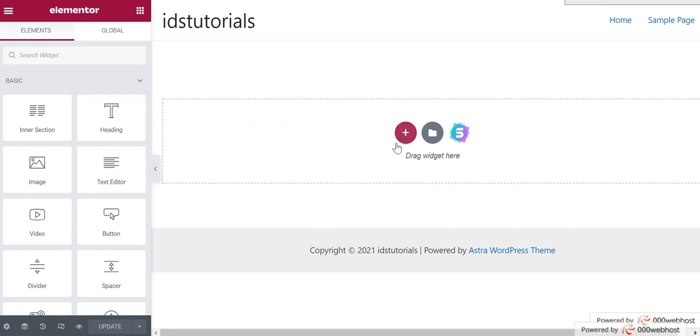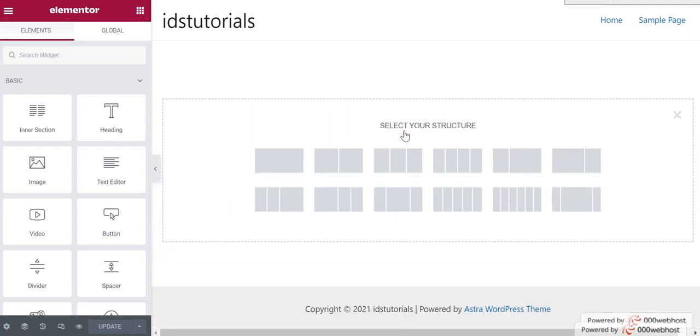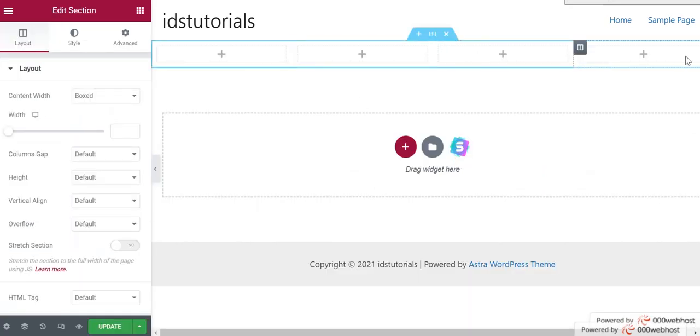The first option is, as you can see, the plus icon. It is an add new section icon. When we click on this, we have several options, like what structure do we want for our home page. For example, if I click on this, I get the 4 sections on which I can add different types of elements. So when you click on this, you will get this kind of a structure, and here you will see the several settings of this edit section.